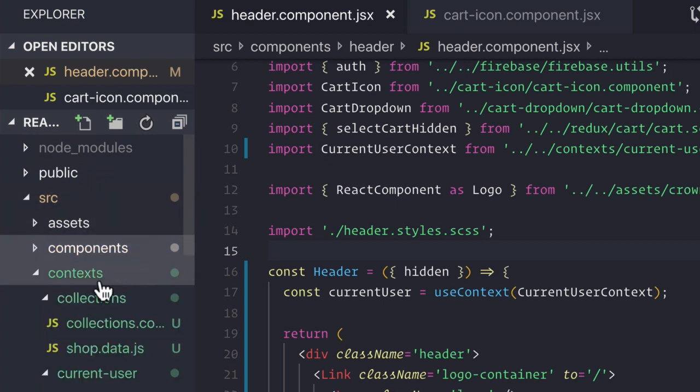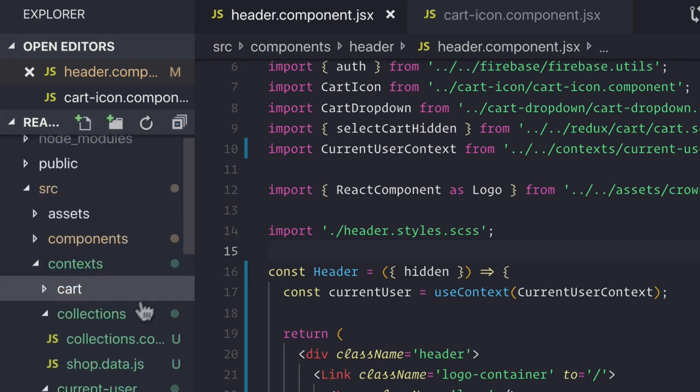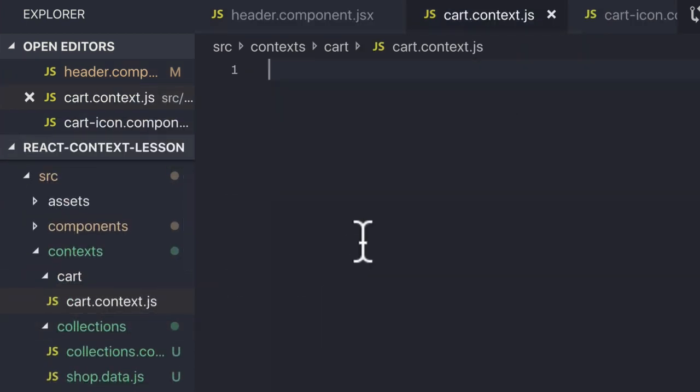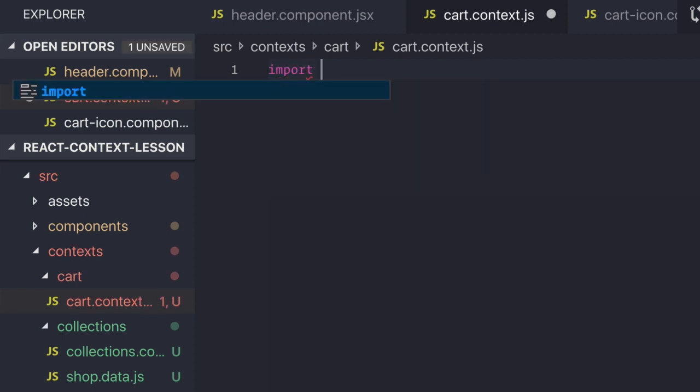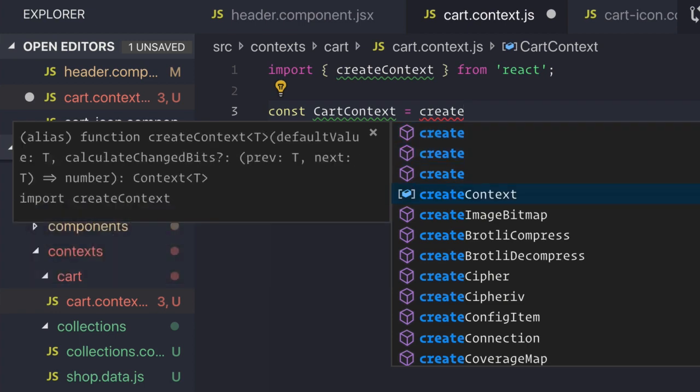So inside of your source and contexts, I want you to make a new folder called cart. And inside of cart, you're going to make a new cart.context.js. Now, the actual cart context is going to be the same thing that we've done so far with all of our other contexts. We are going to import createContext from React. And then what we're going to say is that cartContext is equal to createContext,